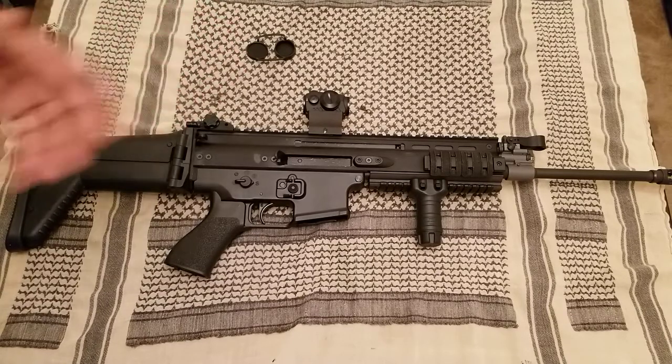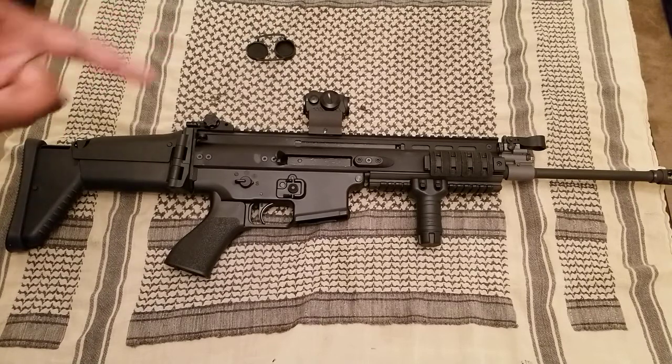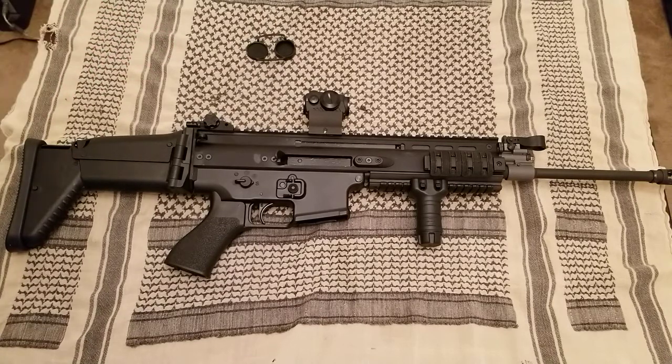So in looking at taking this gun out to distance, one of the things that I also want to do is change out the scope. I've done several videos on variable power optics. I was a huge fan of Vortex and still am, but what I'm looking at changing out the SIG Romeo to is either a new Primary Arms ACSS Raptor with the first focal plane reticle,